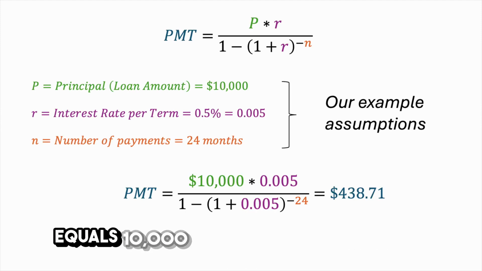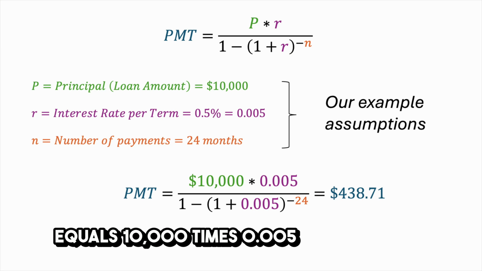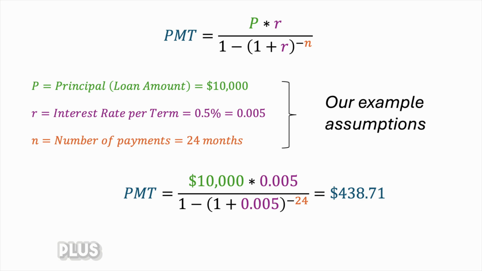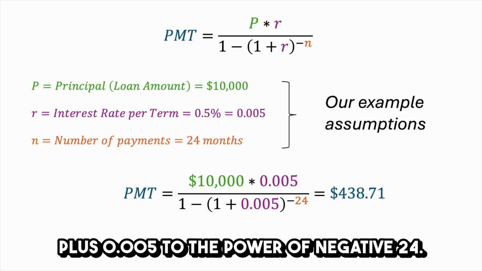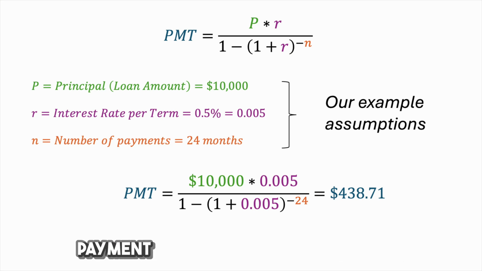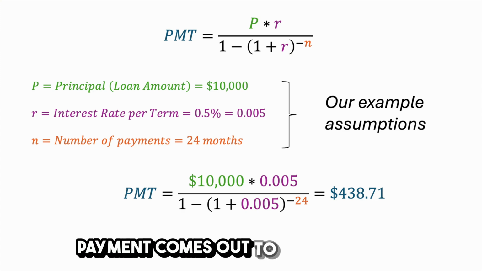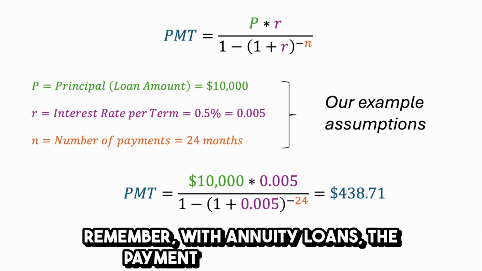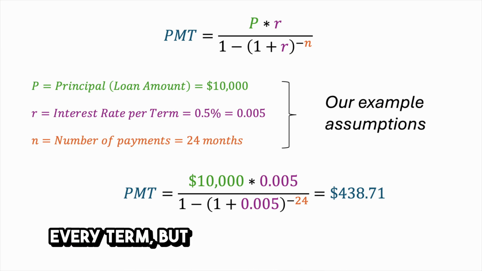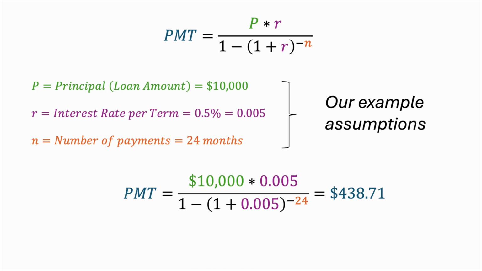PMT equals 10,000 times 0.005 divided by 1 minus (1 plus 0.005) to the power of negative 24. After doing the math, your monthly payment comes out to about $438.71. Remember, with annuity loans, the payment remains the same every term, but the portion going toward interest and principal